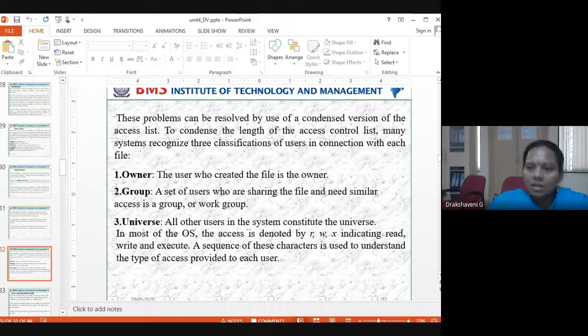Owner is what? If I want to conduct any Google Meet, we should have a permission. Now, how are we sending? We are sending through a BMSIT login. When I send using the BMSIT login, Google will identify wherever there is a mail ID as bmsit.in, and it will say okay. Sometimes we may have people from outside BMSIT also. Then it will ask whether you are allowing the outside people to enter your class or not. That's how you have the owner, group, and universe.